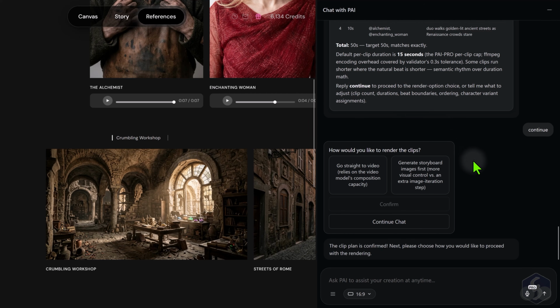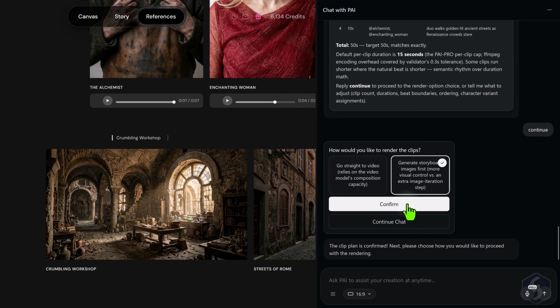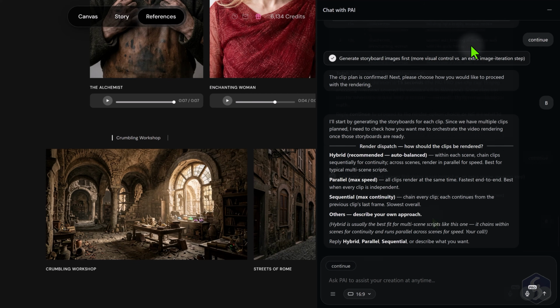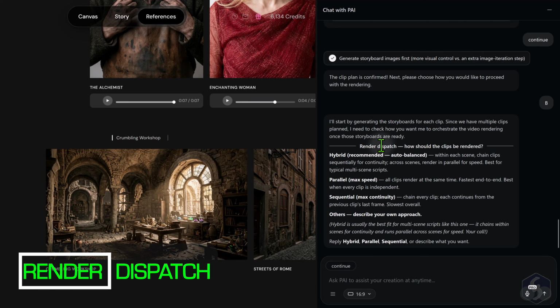At this point, the Pi agent asks what to do next. You can choose to proceed directly to generating all clips without any storyboard images, which helps save credits, or generate storyboard images first, which is recommended if you want greater control over the final video. Let's choose this option. At this point, select the Render Dispatch mode, which determines how the clips that compose your